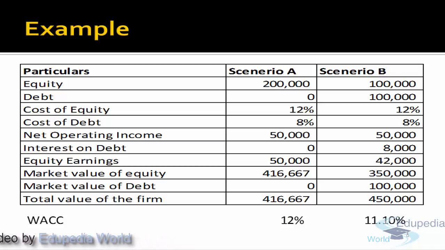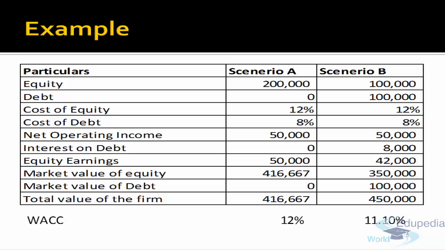So there are two things to observe. As the cost of capital decreases, the value of the firm goes up. So you could say there is an inverse relationship between the cost of capital and the value of the firm. In scenario 1, the company is unlevered. As you introduce more debt into the company, the cost of capital decreases and the total value of the firm